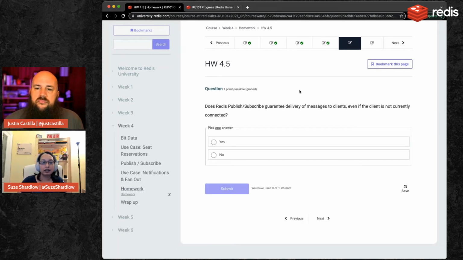Does Redis publish, subscribe, or pub sub, guarantee delivery of messages to clients even if the client is not currently connected? Now, I seem to remember there was a piece in the materials that said there are no guarantees. But I could be thinking of transactions, come to think of it. If you can't remember what it said in the materials, think of a use case. So if we think about using pub sub for, say, for example,